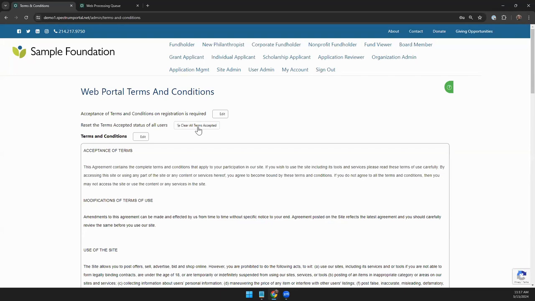I'm sure we're used to this, right? You log into a popular app or a popular site. Facebook says, hey, I've got all these new terms and conditions. eBay or Amazon says, you got to agree to these new conditions. Well,